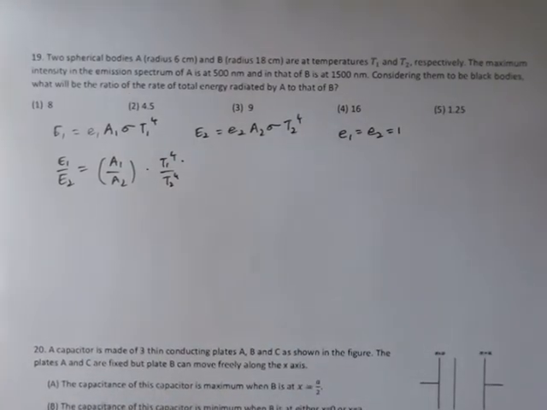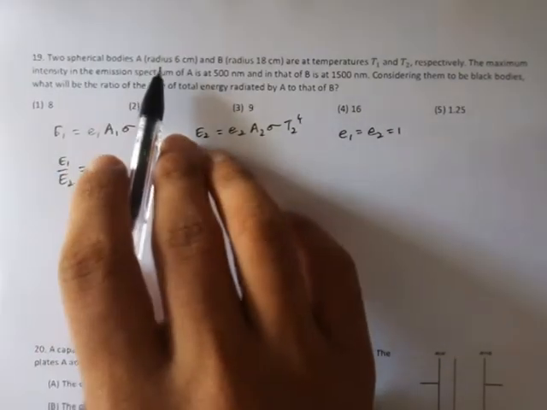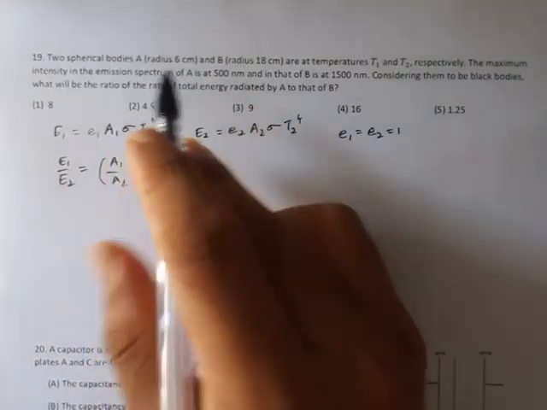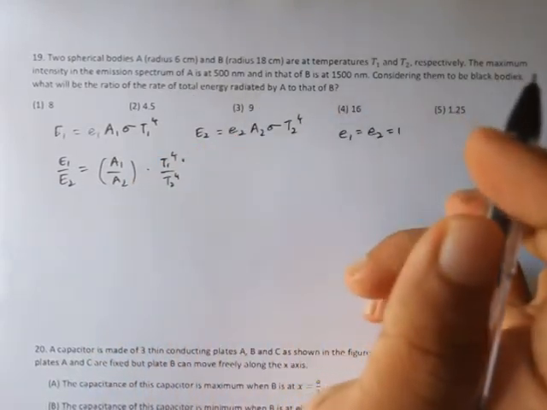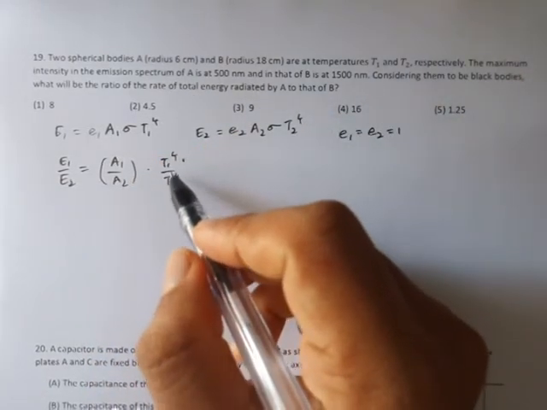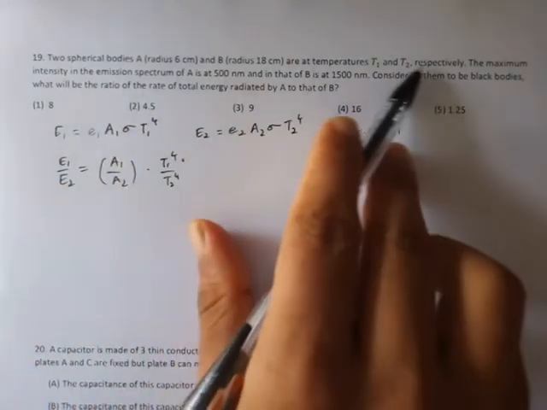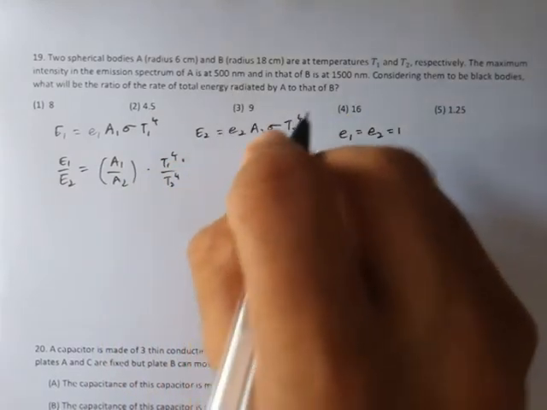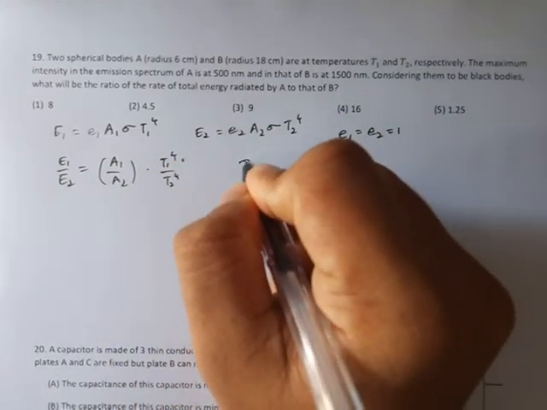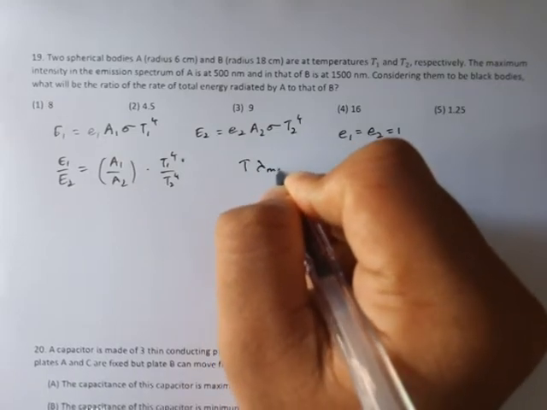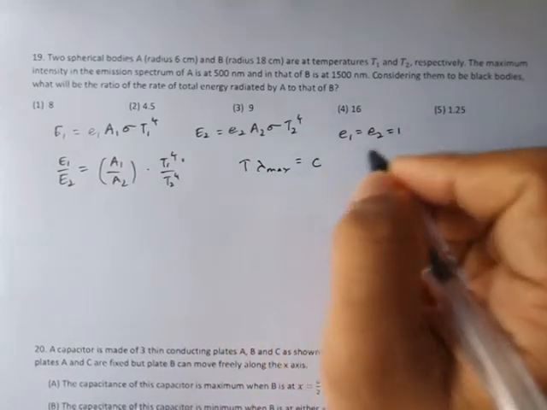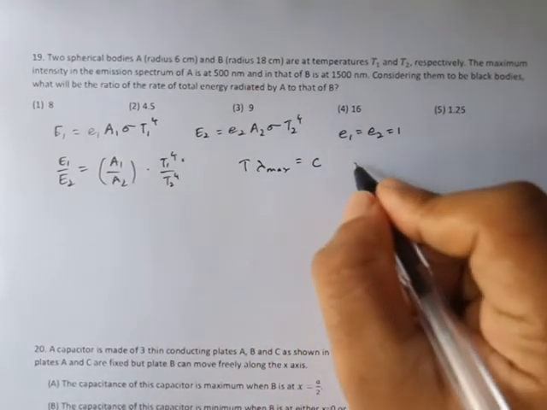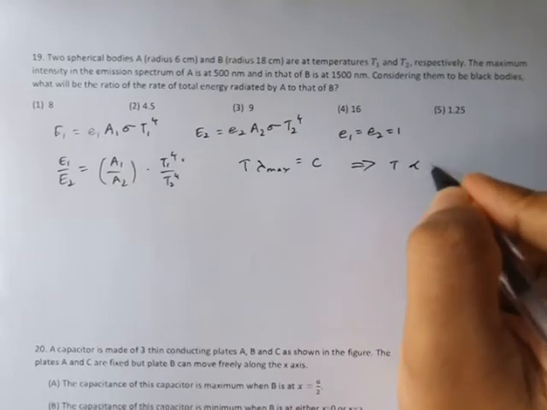The area we can find, the radius is given. From that we can find the areas of each body, and we want to find the temperature. It says that the maximum intensity in the emission spectrum of A is at 500 nanometer. So from that we can write T times lambda max is constant. This is Wien's law. Therefore I can write T is proportional to 1 over